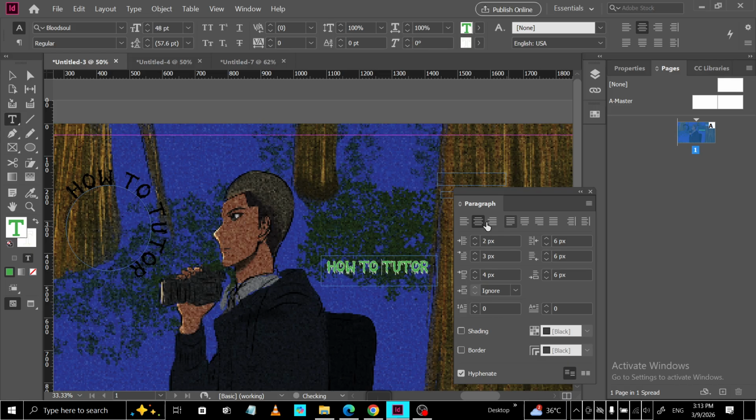If the drop cap looks too big or too small, simply adjust the number of lines until you're happy with the size. You can always refine the character count as well, especially if your first character is a quotation mark or a special symbol and you only want the actual letter enlarged. And that's all there is to it. By selecting your paragraph with the type tool, opening the Paragraph panel, and setting the drop cap number of lines and characters, you can quickly add a polished professional drop cap to any paragraph in your